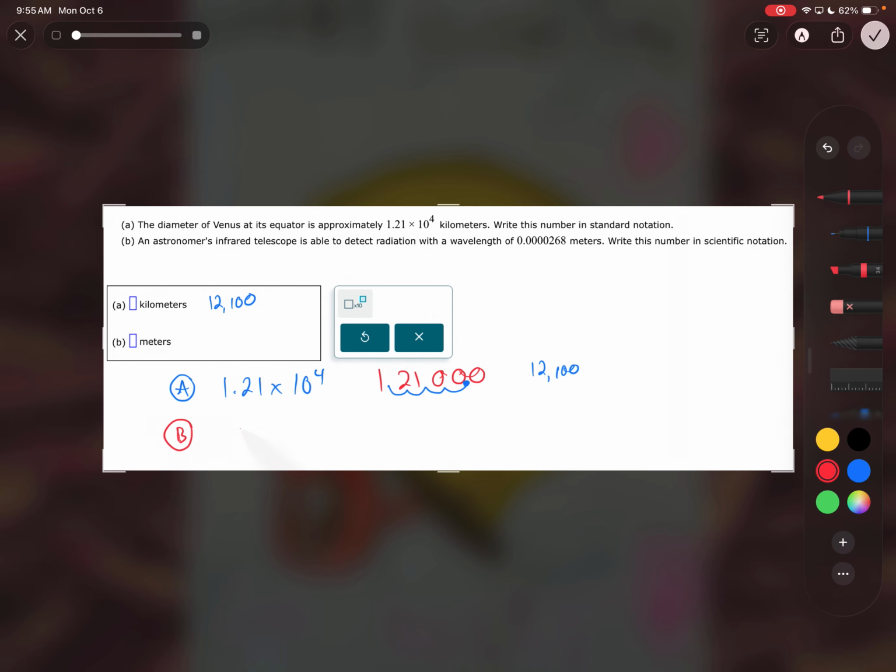Then for B, we're going the other way. What is there, 4 zeros there? Write it in scientific notation. So I'm going 1, 2, 3, 4. 5 would make it 2.68. Remember, you're always a number between 1 and 10 times 10 to something. So I do not want to stop here because that would be 0.2. But if I stop right here, that'd be 2.68. So I moved it 1, 2, 3, 4, 5 times. On this one, it is going to be negative because